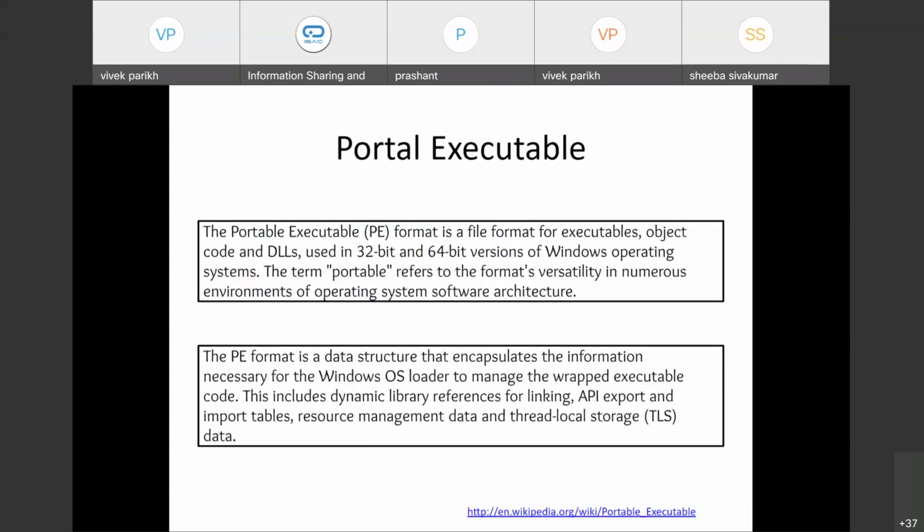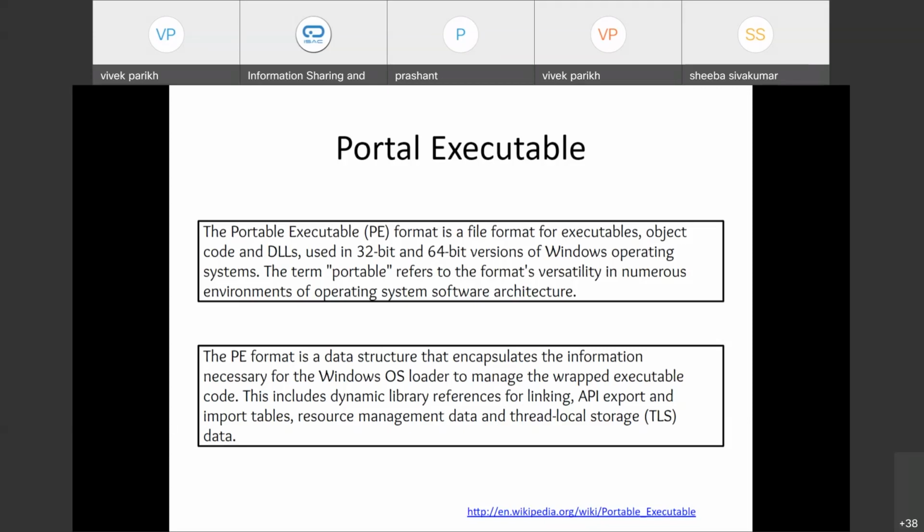We will focus on the portable executable format because it caters to Windows, while ELF is on Linux, but right now we will be studying Windows. The portable executable format is a file format for executables, object code, and DLLs, in both 32-bit and 64-bit systems. The PE format is a data structure that encapsulates the information necessary for the Windows loader.